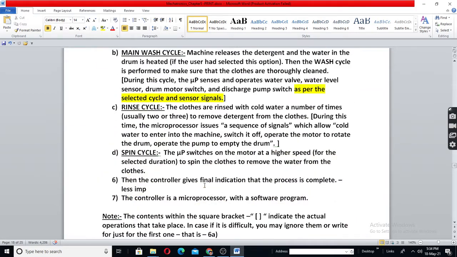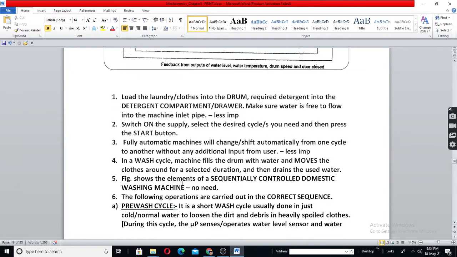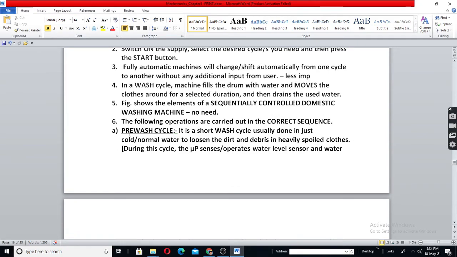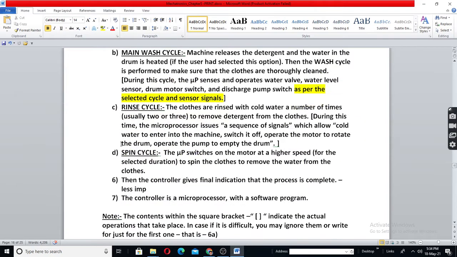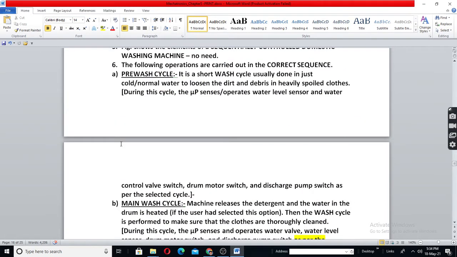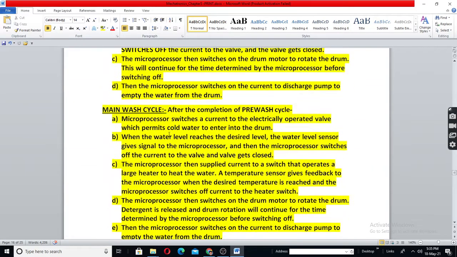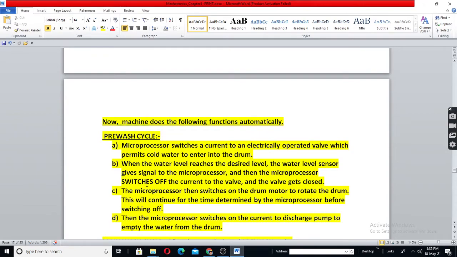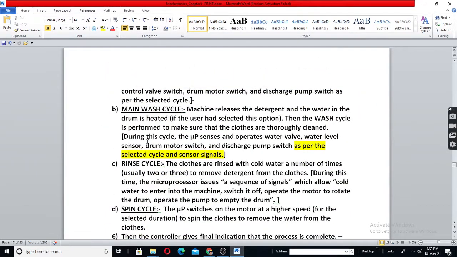Okay, it is enough if you write this much for examination. See, if possible, in point number 6, A, B, C, D, here are the four operations given. These four operations are written shortly in this bracket. If you want, you can write what is in the bracket, else ignore.